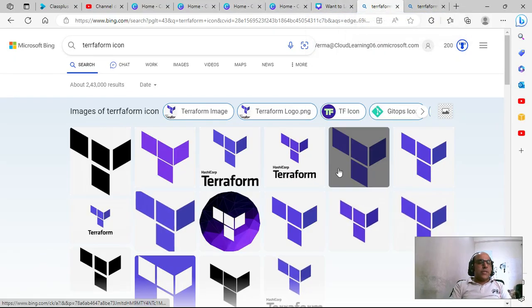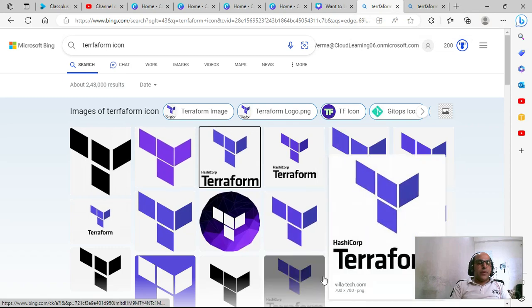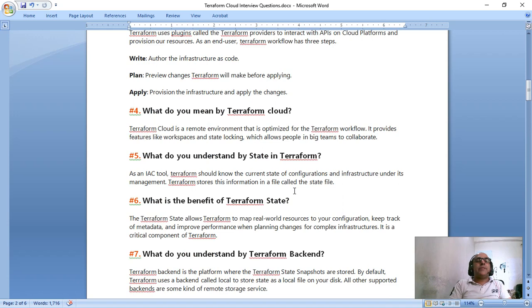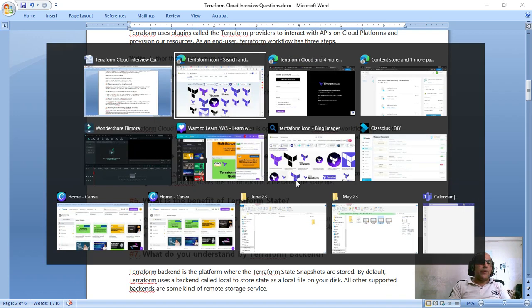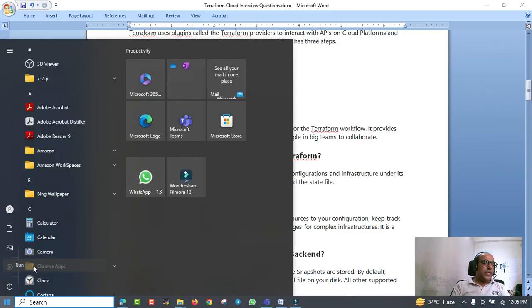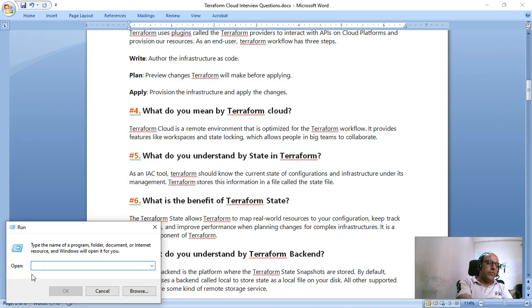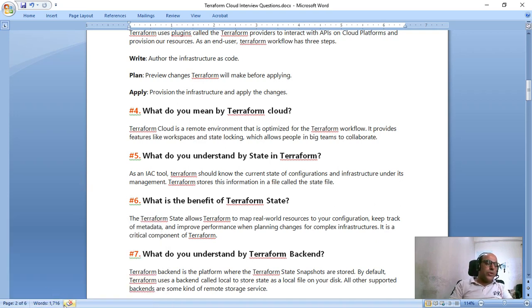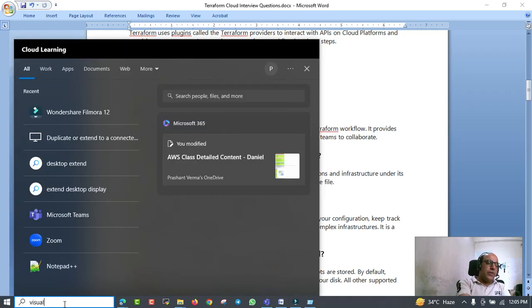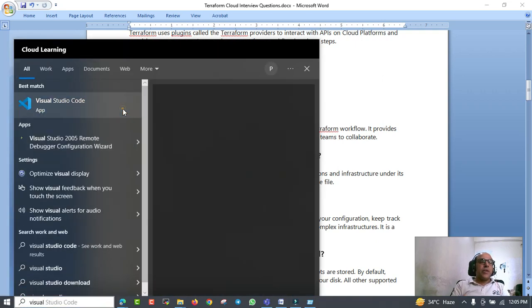What else? Okay, so Terraform Cloud. What do you understand by state in Terraform? What is Terraform state? Suppose you created a server in your environment, and then it got created.